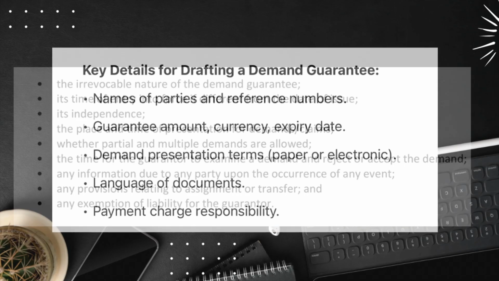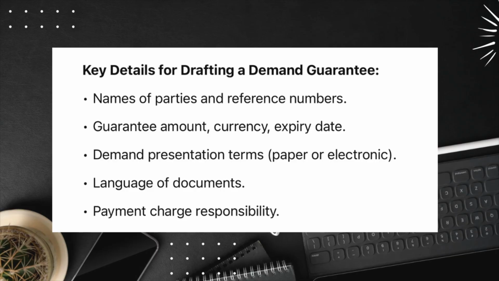To recap, if you are drafting a demand guarantee subject to no rules, you should include all details, which include the names of the applicant, beneficiary and guarantor, a reference number or other information identifying the underlying relationship, a reference number or other information identifying the guarantee, the amount or maximum amount of the guarantee and the currency in which it is payable, the expiry date and/or the expiry event of the guarantee, the terms for demanding payment, whether a demand or other document shall be presented in paper or electronic form, the language of any document specified in the guarantee, the party liable for payment of any charges,